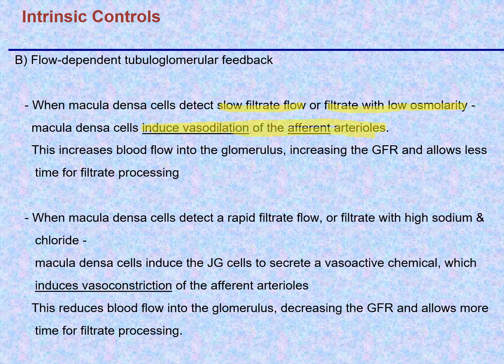So if the flow of filtrate in the distal convoluted tubule is too slow, that means that the GFR is too low, that filtrate formation is too low, and too many molecules are getting reabsorbed, so it has a low osmolarity. Then the macula densa cells are able to induce vasodilation of the afferent arterioles, which would increase blood flow into